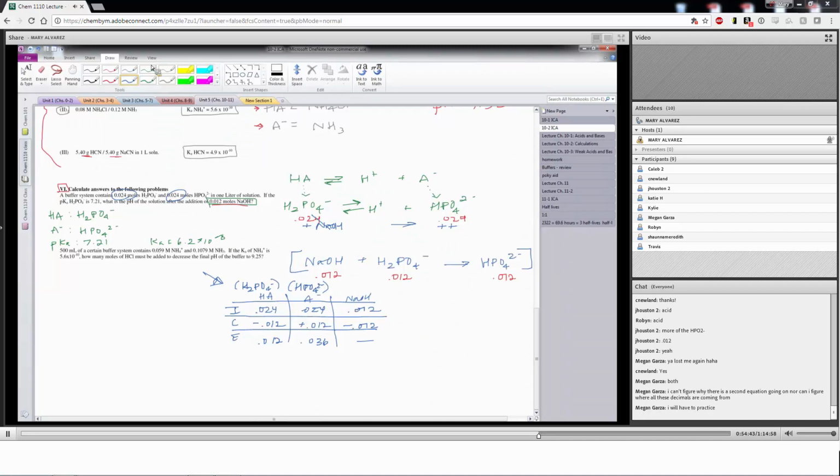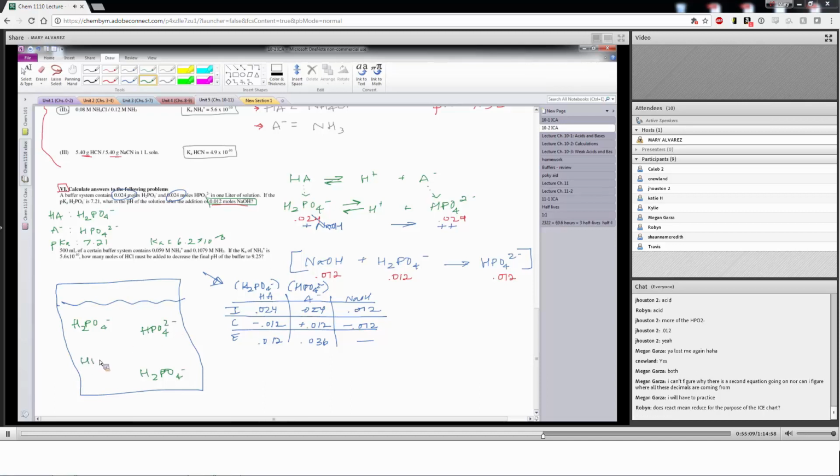Or if we could look at this conceptually, we've got a pot here. We've got a solution. That's okay, but I don't mind putting this out here as well. We have some H2PO4 minuses here. That's my HA. I've got some HPO4 2 minuses hanging out here. And if I add a hydroxide to the solution,